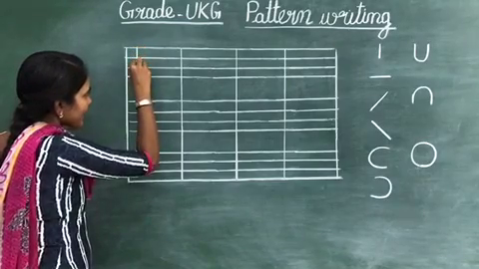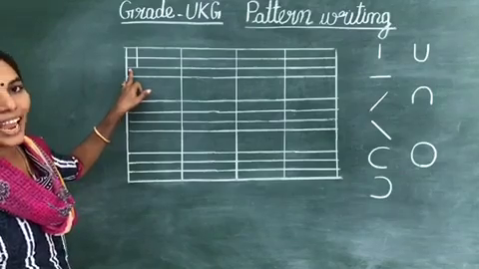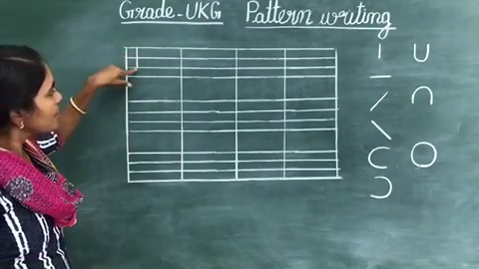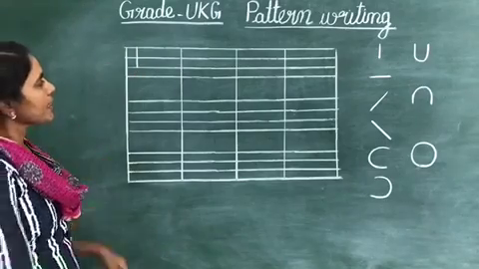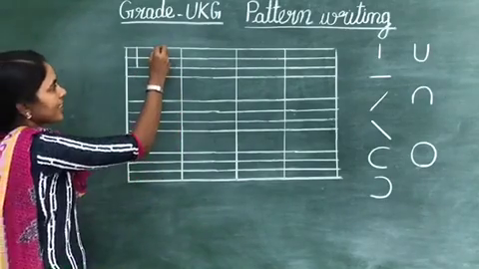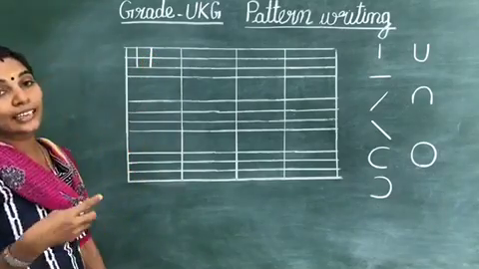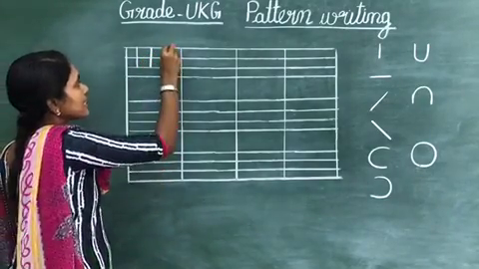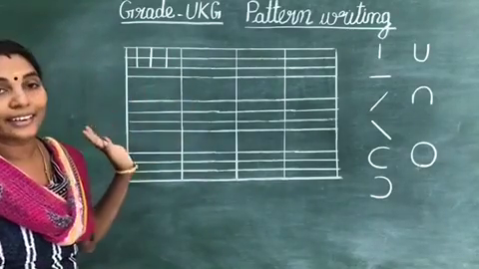Draw standing line. Tell children which pattern it is? Standing line from up to second blue line. Yes, standing line. Shall we draw one more time? Yes, standing line. Please tell the pattern and write. Okay, standing line. Okay, we have drawn standing line.